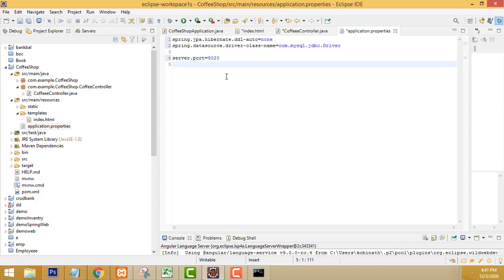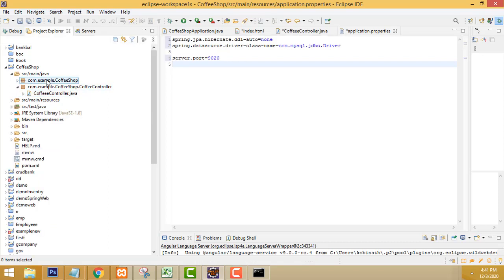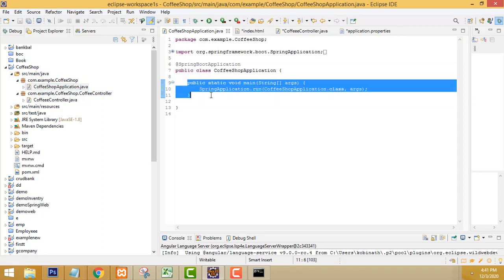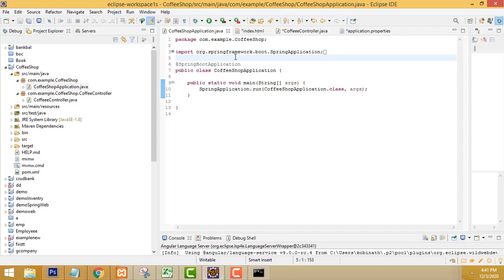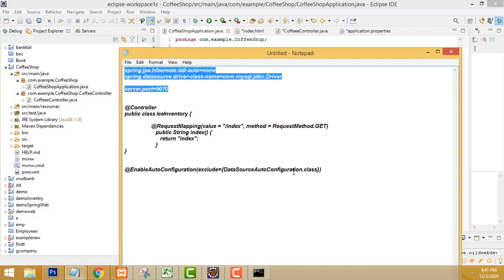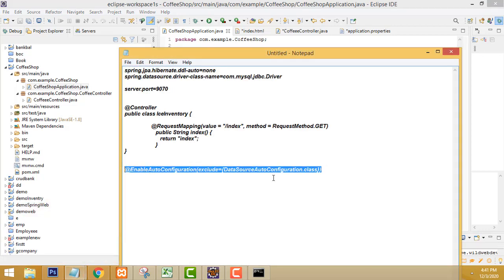After that, we have to go to the main class. This is the main class, created by default. Here this main method should work. First, what I am going to do is something else here. Simply, we have to add this line, auto configuration, because I am not configuring any database, so we have to write this without database configuration.